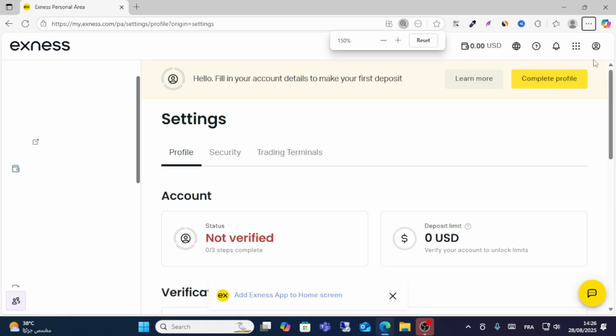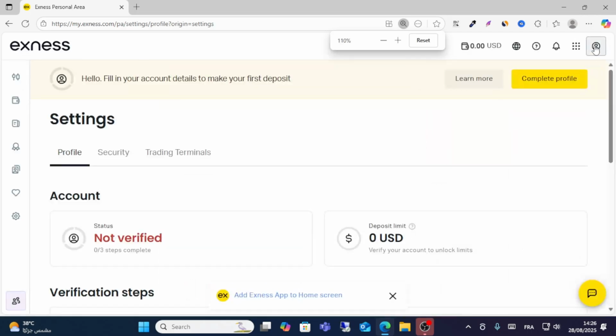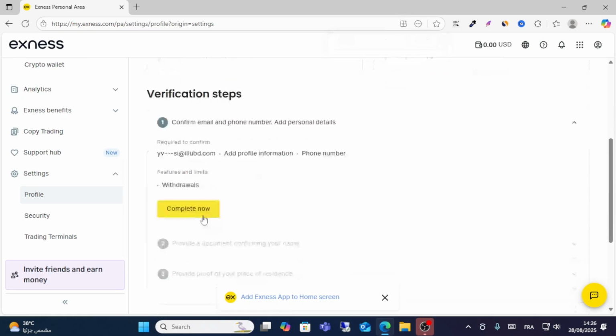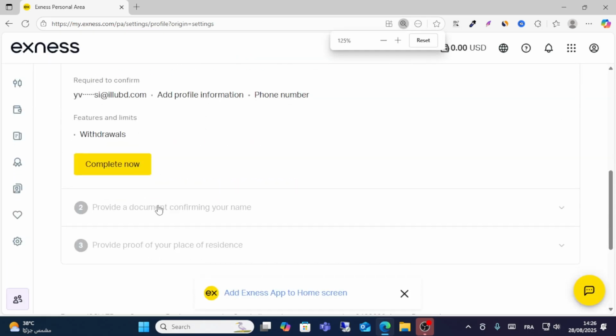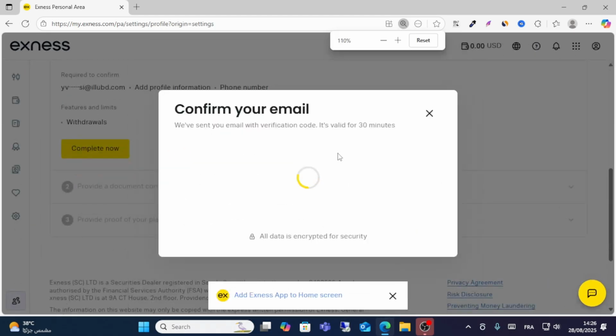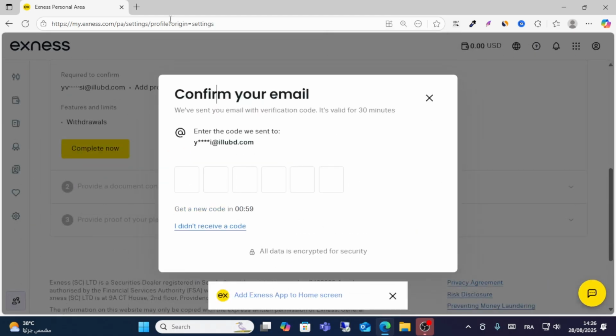First step, open your profile on this section and then go to the settings. After you go to settings, you will see this page. Click complete now, this option, complete now. After that, click get started from here, and then all you have to do is confirm your phone